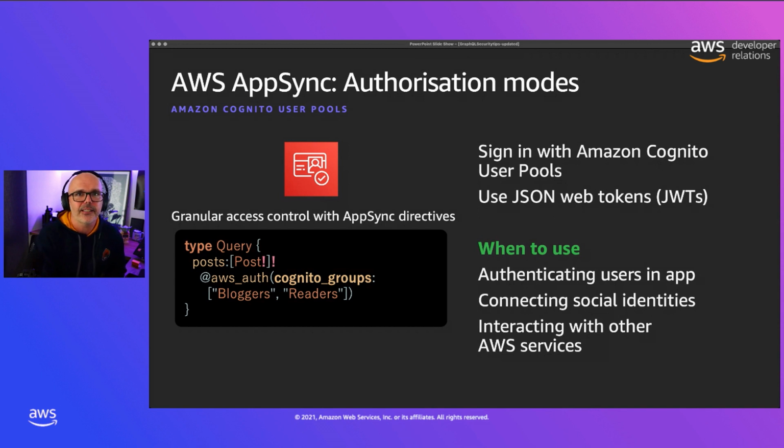Additionally, with Cognito access mode, you can also implement granular access control using directives. What you can see here, as an example on the left, is a post field in a query type, a GraphQL query type that's being specifically controlled. What I'm using here is the AWS auth directive to specify which Cognito groups should have access to this post. So in this case, I don't need to write any specific business logic. I just use the directive on the field to specify who has access. And then when I write my resolvers, I can write additional business logic by using the identity of the Cognito user to work out what type of access that user should then have. So this is a nice way of encapsulating that sort of logic.